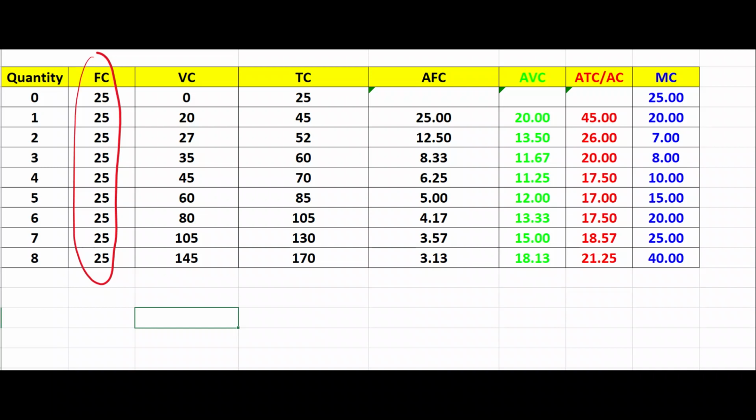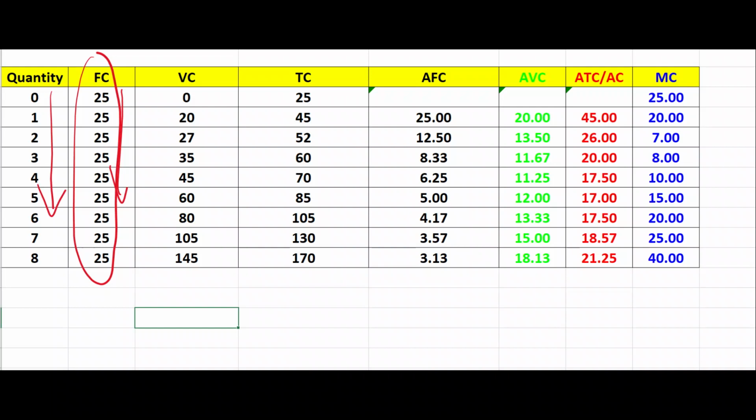So things like the mortgage or the salaries of your management team, they won't change whether you produce 1 unit of output, 8 units or 100 units of output. They still have to be paid. So in that sense, fixed costs means that they don't change. In this case, we have a fixed cost of €25. It could be 25,000, it doesn't matter. So it's 25 all the way down